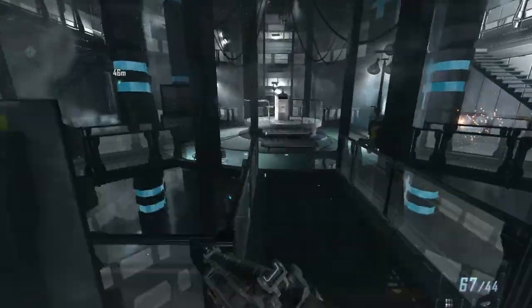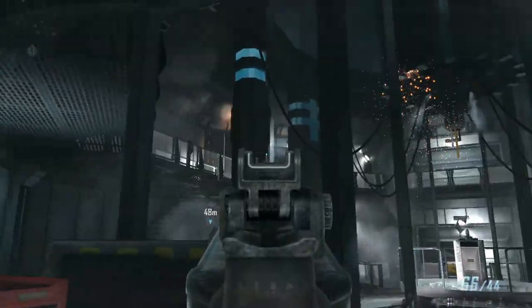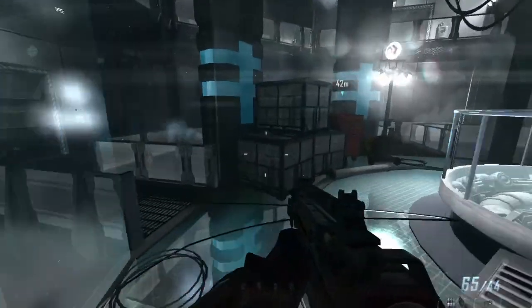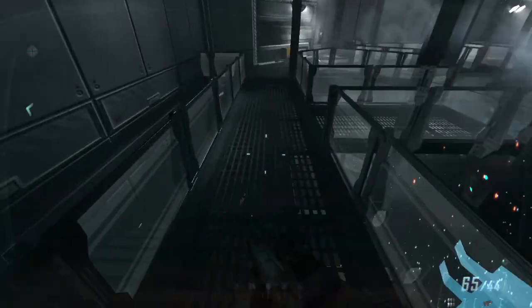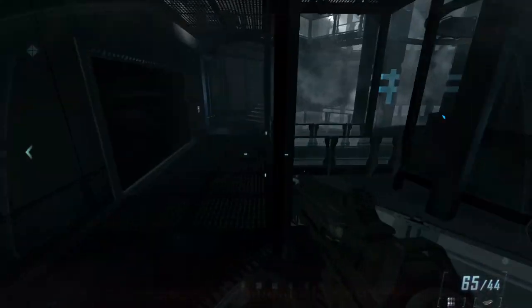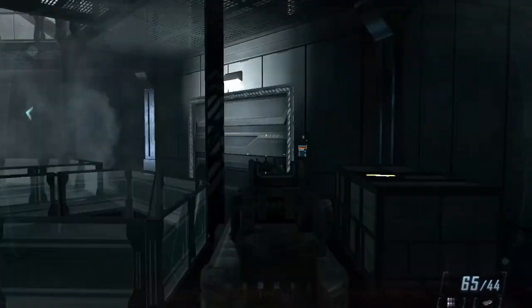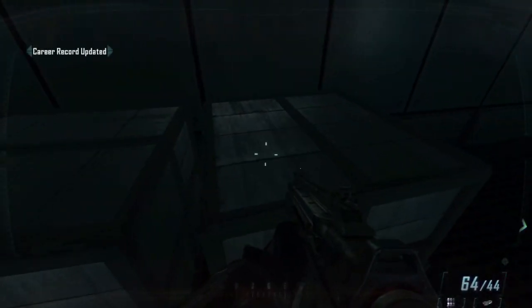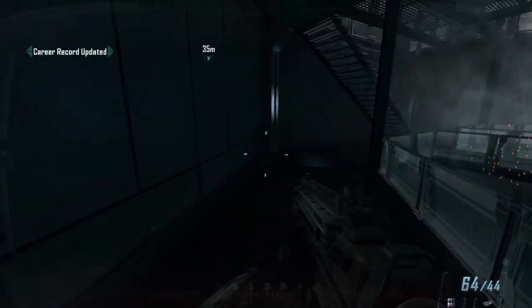As you're trying to stop Menendez from escaping, you make it to this room with four pillars that have light blue fluid flowing through them. Follow my path. Go forward, then left, then go past these stairs and go down the stairs. Once you make it here, go behind here, run around, and by this container, you'll find your piece of intel in this box. That is now every piece of intel in Call of Duty